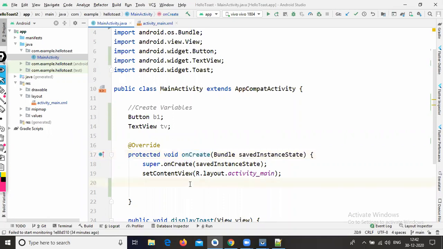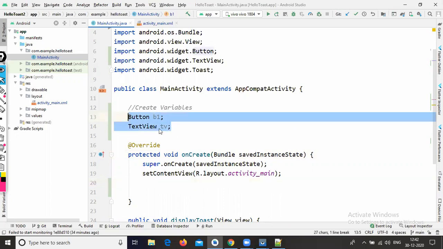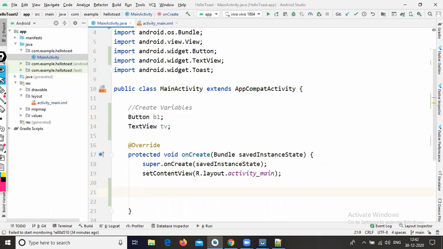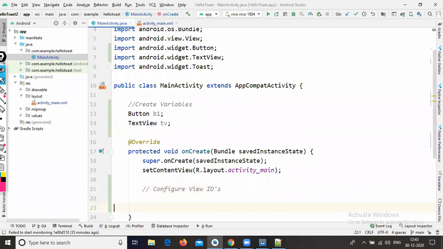Inside the onCreate method we need to configure these ids, the button and TextView ids. I'll make it as a note: configure view ids.